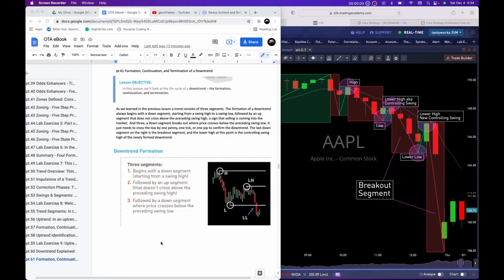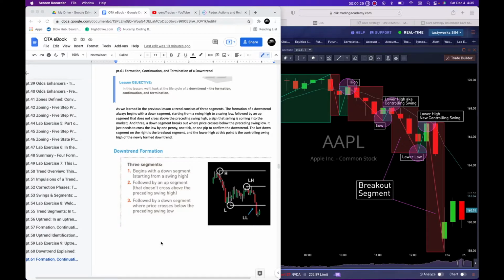In this lesson, we'll look at the life cycle of a downtrend, the formation, continuation, and its termination or discontinuation of the downtrend. As we learned in the previous lesson, a trend consists of three segments. The formation of a downtrend always begins with a down segment, starting from a swing high to a swing low,